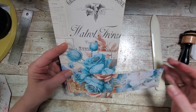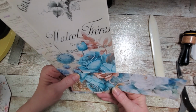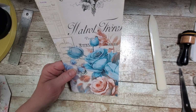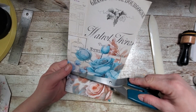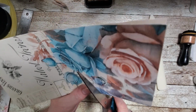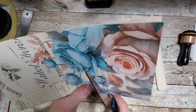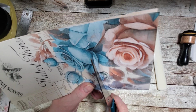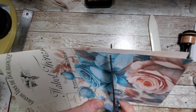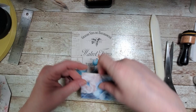Did I leave enough here to maybe do two pockets for this one? Are they tall enough? Or should I go ahead and cut and use these as the pocket? That's what I'm going to do. I'll cut it about right there. I can see a little kitten peeking in that picture there, and I don't want to, yeah,